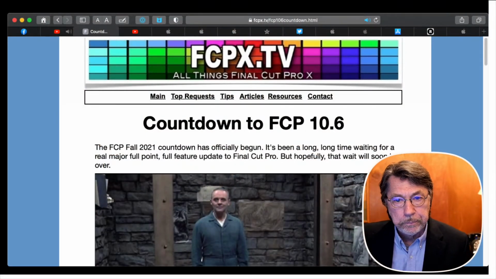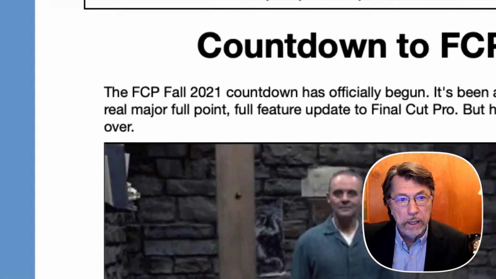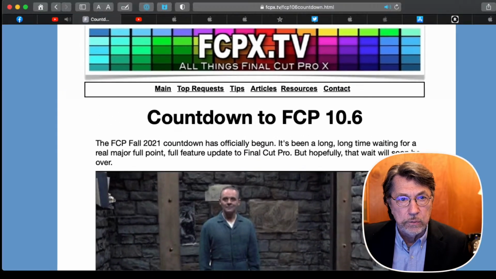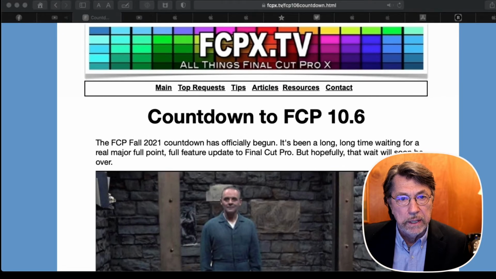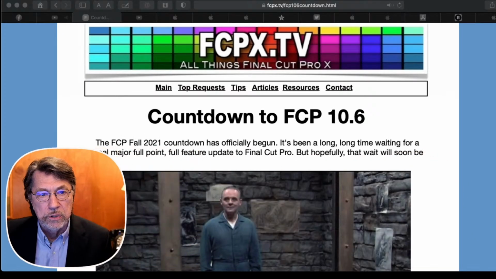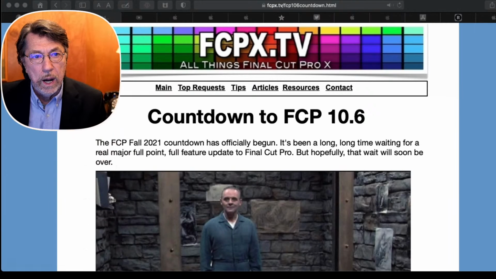Here we go. Today. So Logic, I put this article out a couple weeks ago or last week or the week before, and I've been talking about the countdown to Final Cut Pro 10.6 for a while. I kept saying it was going to be 10.6.